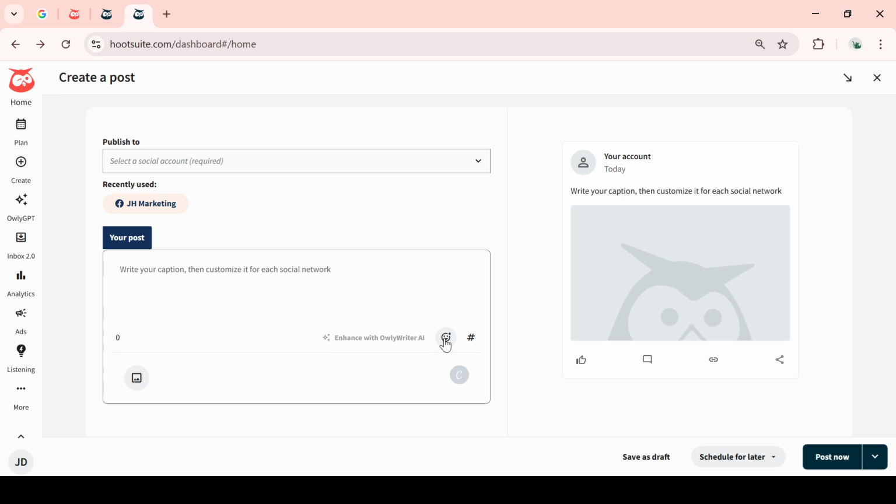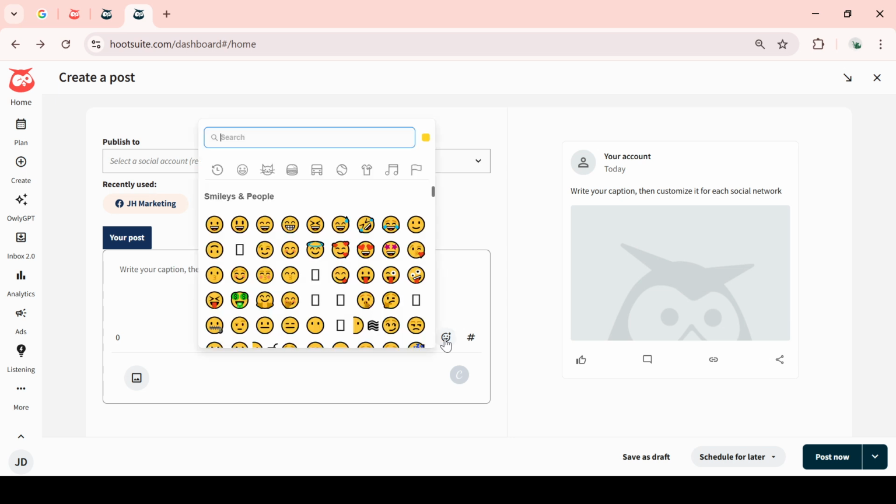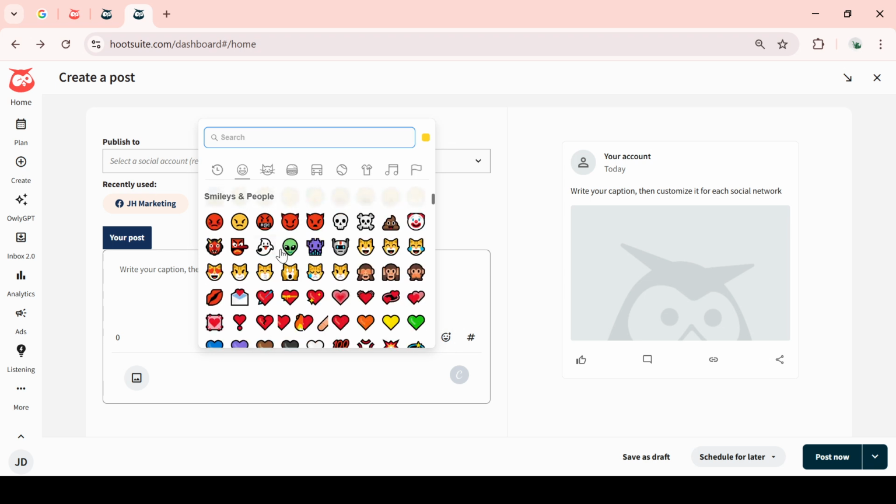Speaking of the emoji icon, it's typically located just below your text box. Look for a small smiley face. This is your key to a whole world of expressions and icons. Clicking on it will open the emoji panel, presenting you with a myriad of emoji options, each ready to bring